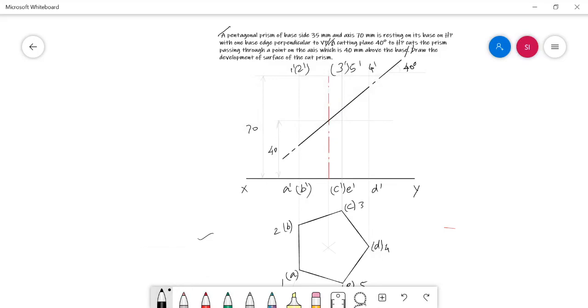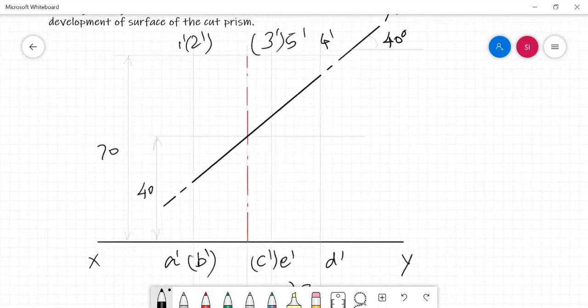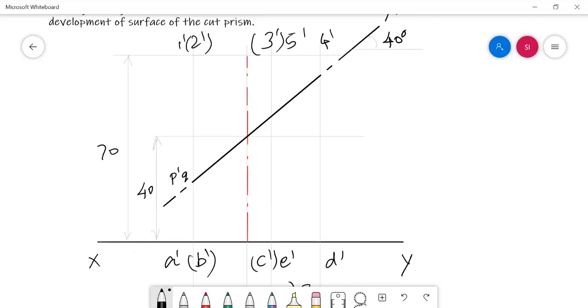Now we need to identify the cut points. Starting from the left extreme of the cutting plane, start to travel along the cutting plane. Here, an intersection is there: edges 1 dash A dash and 2 dash B dash are passing over this point, and the cutting plane will provide two cut points. They may be P dash and Q dash. Put a bracket for any one among the two, and then continue to travel along the cutting plane.